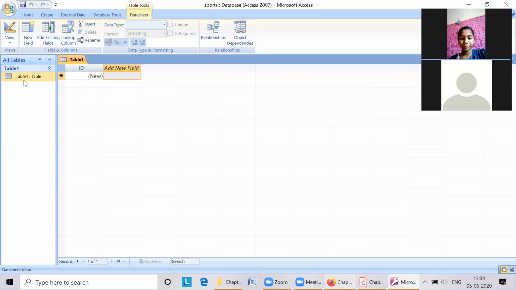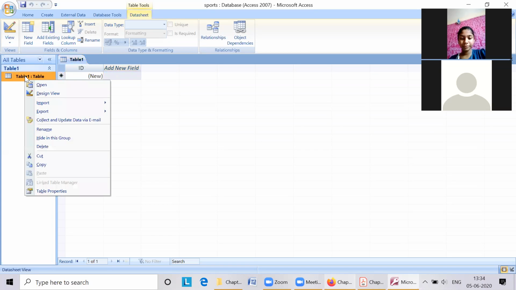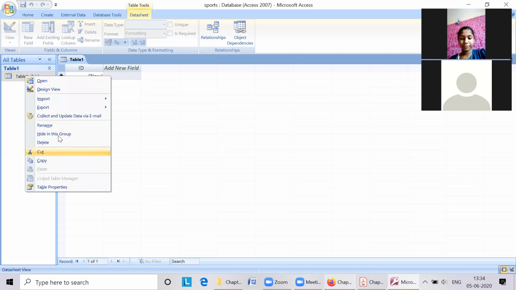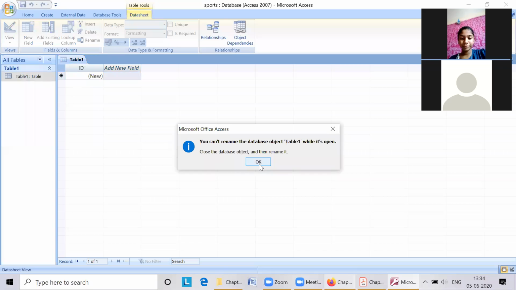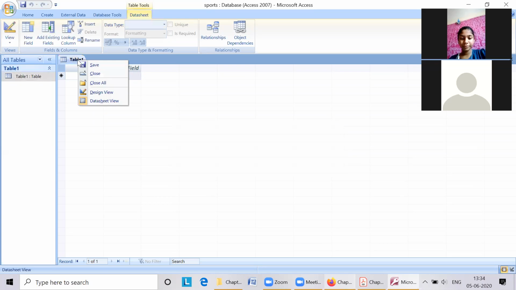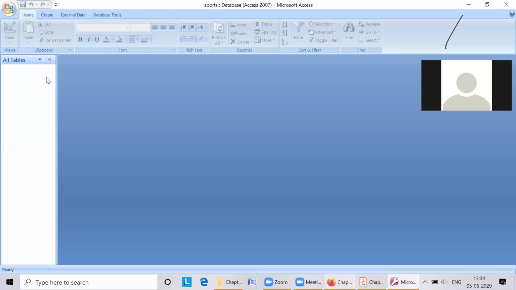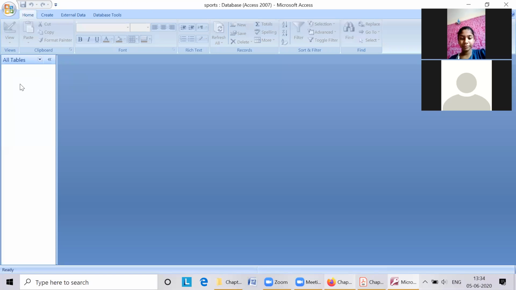Now I will rename this table. Right click on that table. By default, the table name will be Table 1. See the message: you can't rename the database object Table 1 while it's open. So I will close it first. When I close it, the table is also gone.